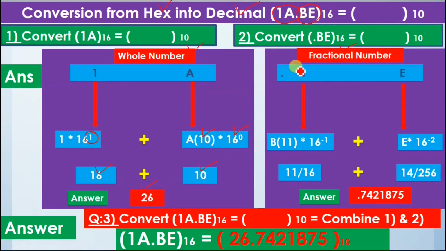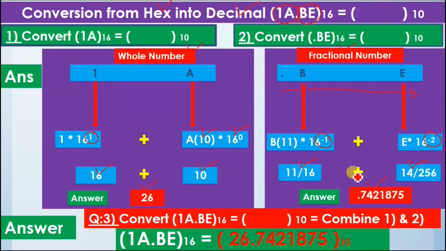And here is the fractional number, that is point BE. So we will multiply these numbers while moving away from the decimal point with negative powers of 16. So first of all, we multiply B with 16 raised to power minus 1, and then we multiply E with 16 raised to power minus 2. Okay, and then we add them together, and here we get the fraction 11 by 16, and here we get 14 by 256, and then we add them,